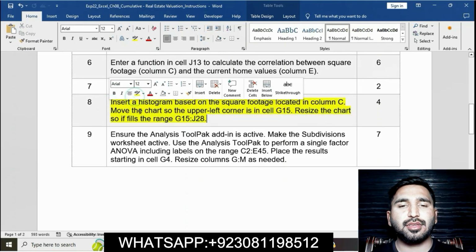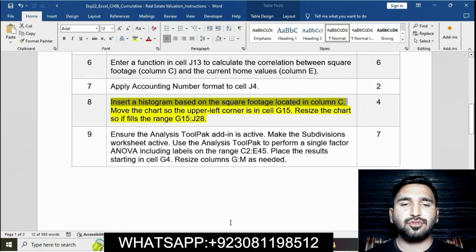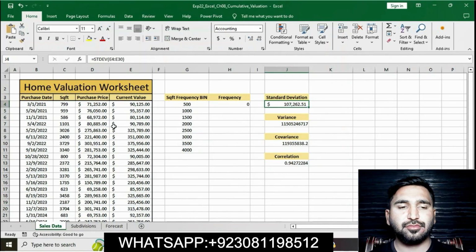insert a histogram based on the square footage located in column C. Move the chart to the upper left corner in cell G15. Resize the chart so it fills the range G15 to J28. Basically in this question we will have to insert a histogram based on the square footage located in column C. Move the chart so the upper left corner is cell G15. Then we resize the chart so it fills the range G15 to